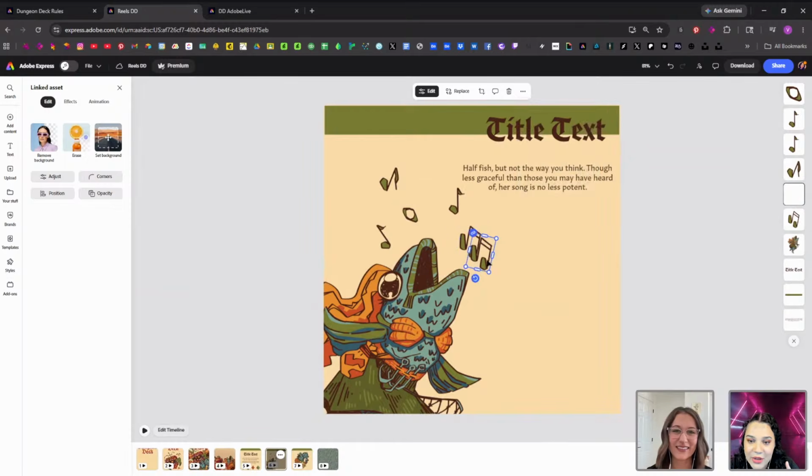Let's do another duplicate on this one because this is my favorite music note. What is the name of this note? Is that a 16th? Is that an 8th? I think it is an 8th. I don't think 18th is a real one. Maybe a 16th, either a 16th or an 8th. I can't remember. I should know the answer to this because I played instruments, but I don't. Chat, any musicians want to weigh in on what we're seeing right now? If you can name this note, you can be in the musical.